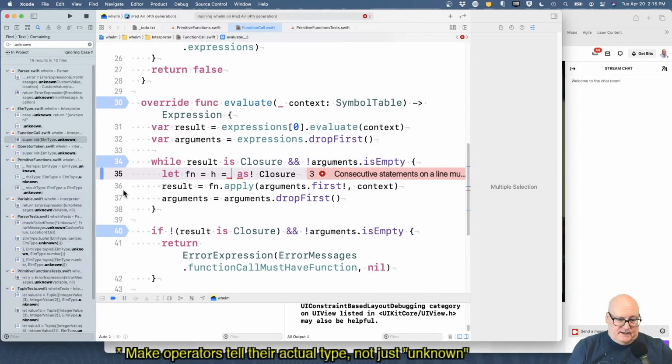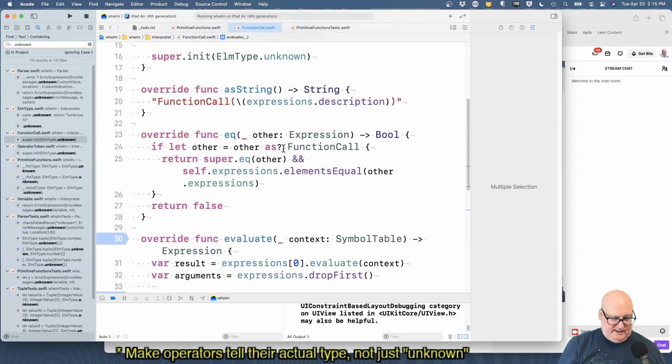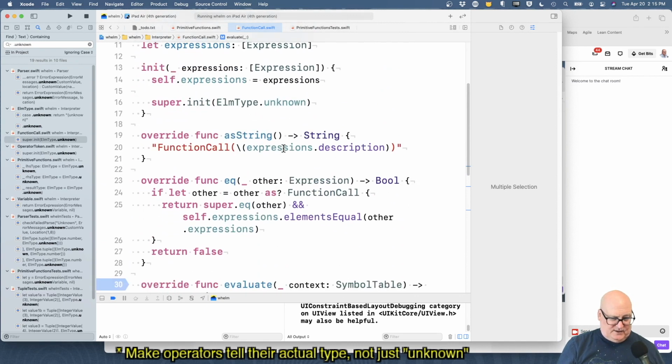Oh, okay. This is why I get headaches. Result as closure. I keep bumping that. That's not good either. Right. So I think the fact is the function call, I don't think he can know that much about what he's producing yet. That seems weird, and it sounds wrong to me, but